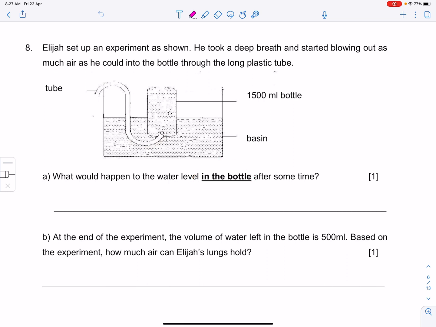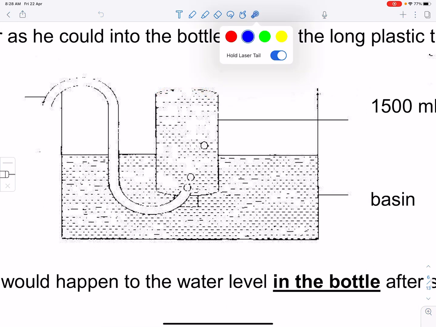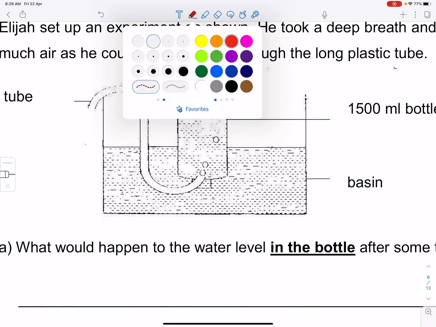So I don't think you can see very clearly, but the bottle level is somewhere near to the top already. It's nearly filled up to the brim. So what would happen over here would be that as your bubbles start to enter, these bubbles will eventually float to the top. And the important key things here, please note this down if you have not. We need to understand that